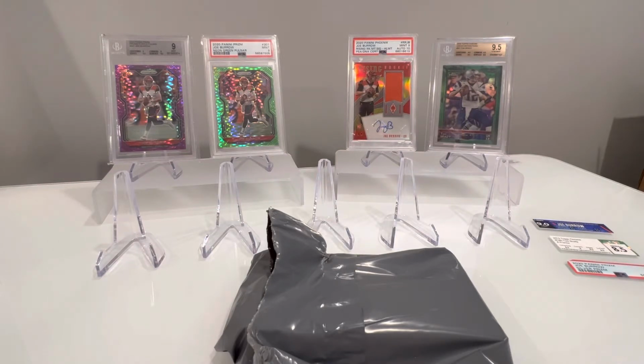Hey, what's going on, YouTube? Got a PSA mail day today. Got a 7-card order back that we sent in on an economy level through gotbaseballcards.com. And so far, this one was the smoothest of my orders, as I'm still waiting on a 10-card order